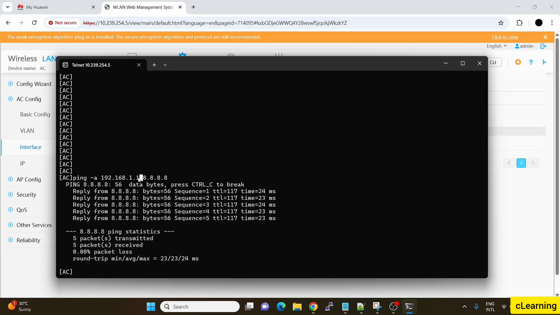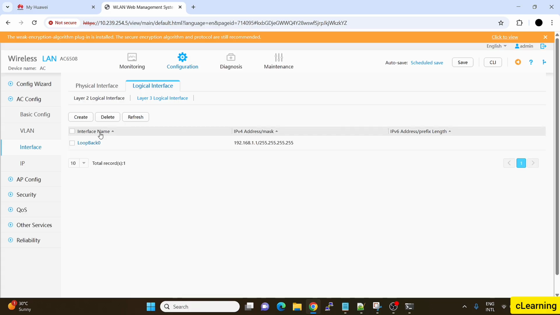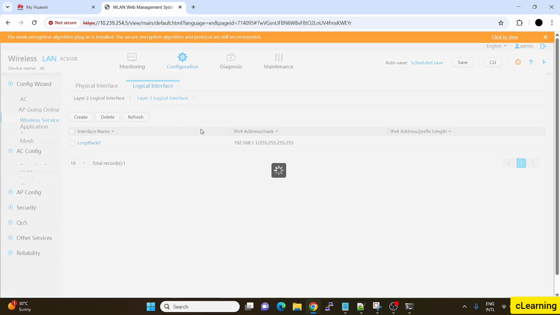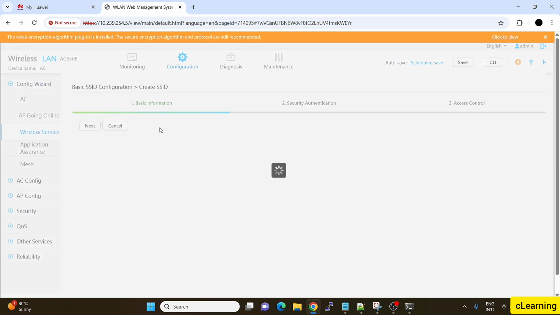So this IP is whitelisted through my firewall. So you have to whitelist your IP, this loopback IP. So this IP will act as the portal authentication local server. So we will use this IP. So let's go. First of all you have to create the SSID, obviously, and then